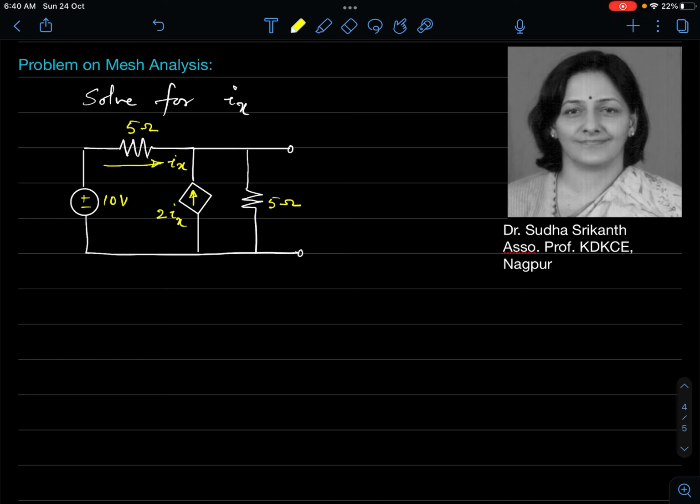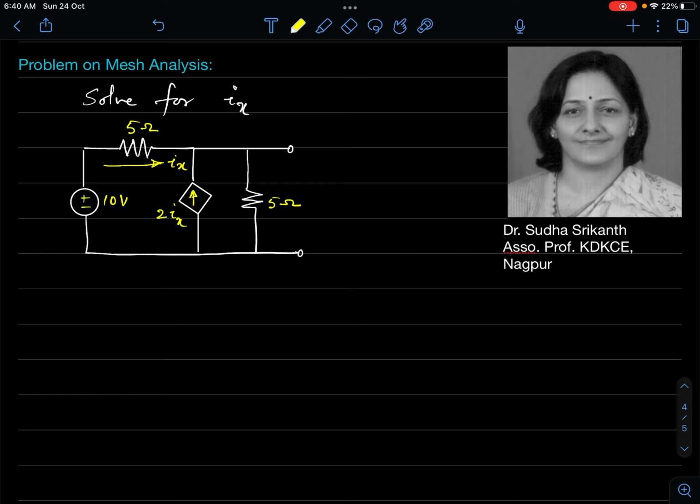It's a very, very simple problem. How do we do it? If you haven't seen my previous video on mesh analysis of networks having dependent sources, try to see it. That is also a simple network to follow, so you will be able to understand. We have only one unknown to be evaluated, that is Ix. So we require one equation. In mesh analysis, you can form one mesh equation and solve for Ix. So what is the mesh equation that we tend to do?